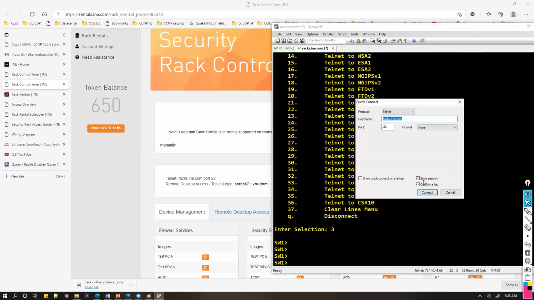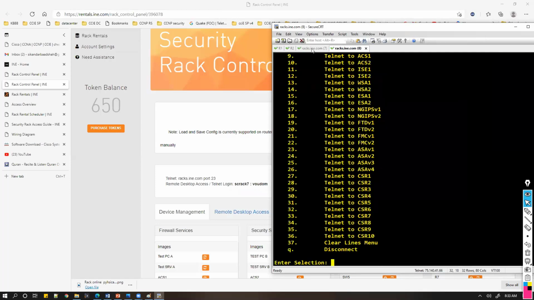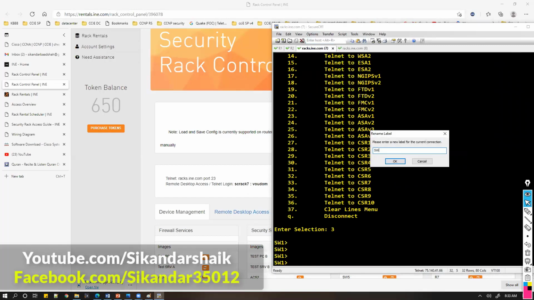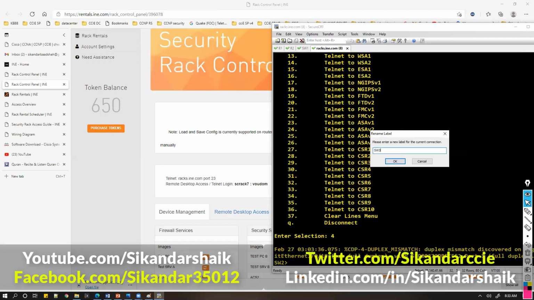And similar way, we'll connect to switch 2 as well, scrack7, and then the password. I'm going to rename the tabs so that it becomes easy while we are moving between them. So this is my switch 2.